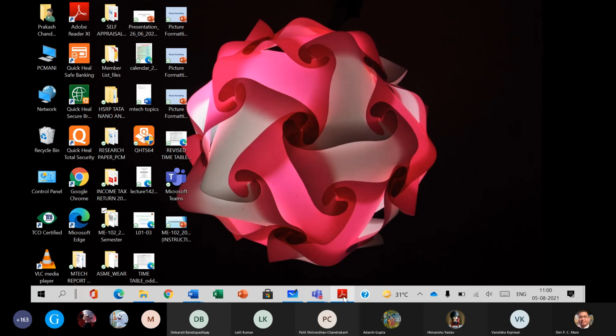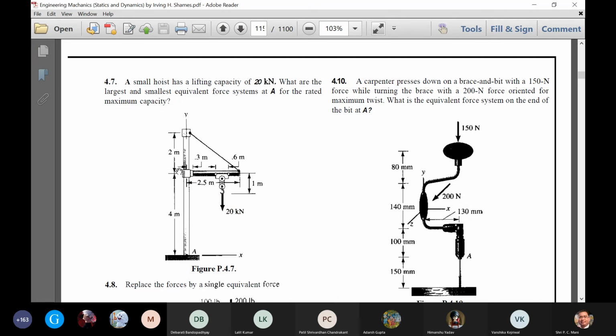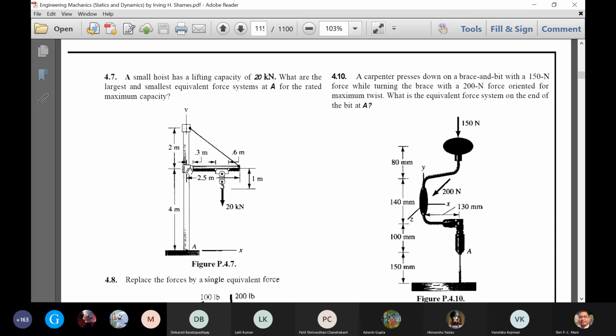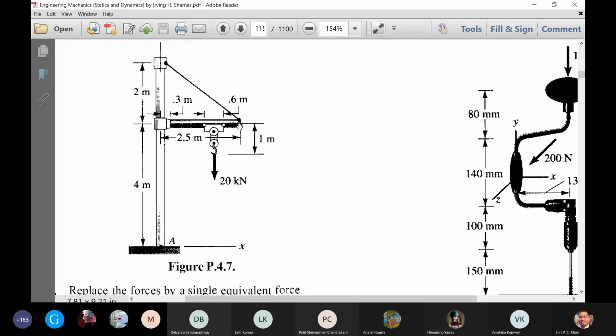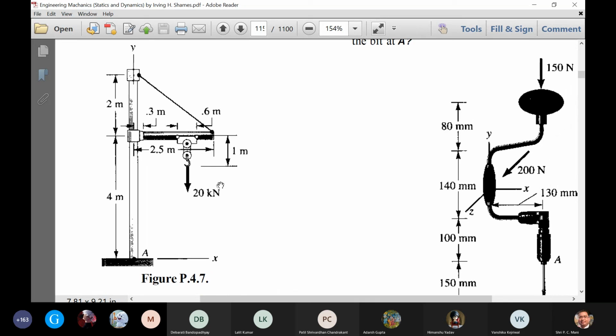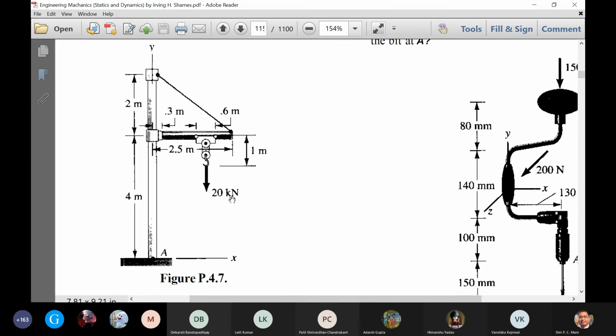In the question, it is approaching either this point or this point, here or here. So basically this is the length, it is given as 0.6 meter. At the center, there is 20 kilonewton. When we bring it to the extreme here, this is 0.3 meter. It cannot go beyond this. So from the center to this point it will be 0.3 plus 0.3.